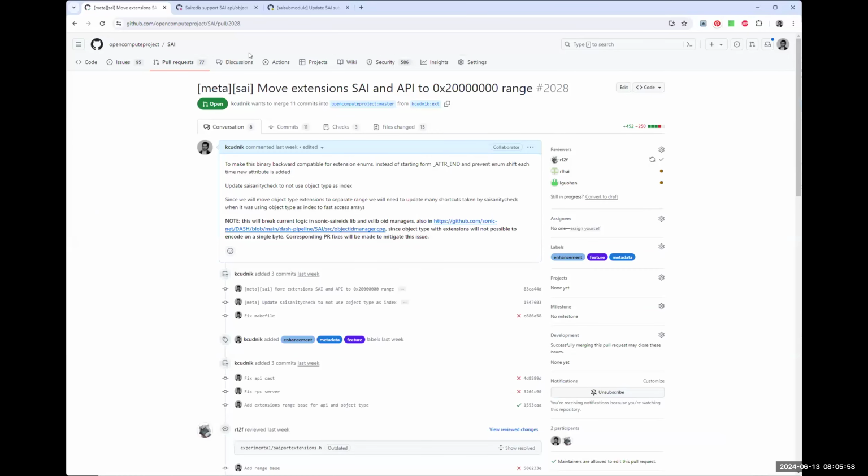Okay, so the topic is to address the meeting from last week or two weeks ago, I think, on the dash meeting, where we wanted to move extensions to some fixed range. This is my proposal to move the extensions to this 0x2 fixed range. The reason is that